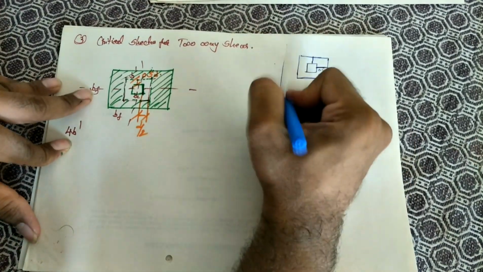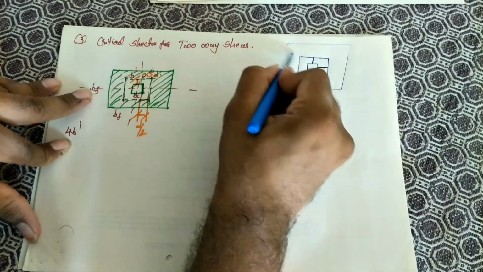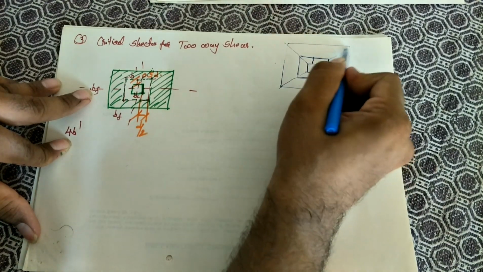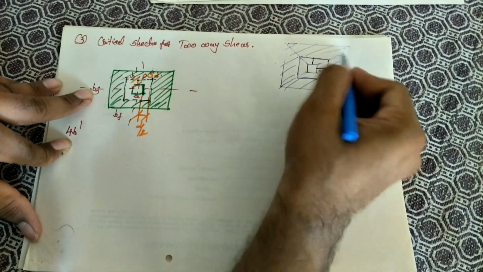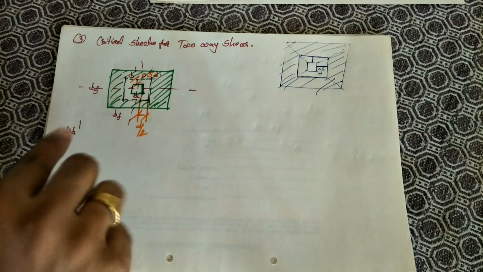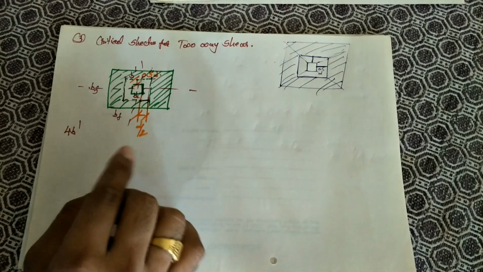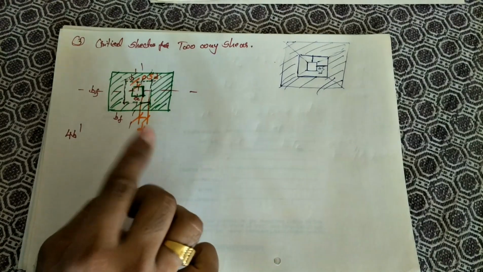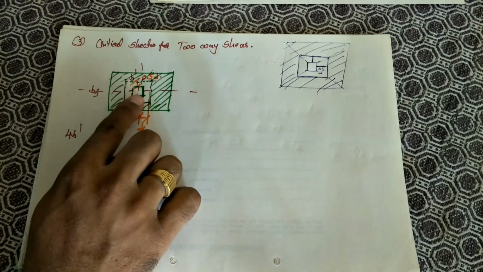So this is your critical section and this is your footing width, whatever your foundation is, sloped or pad footing. So this much is your critical section that we need to take into consideration. I repeat again, for two-way shear, the critical section is taken at a distance 0.5 d from the face of the column, where d is the effective depth of the footing. For a sloped footing, d is the effective depth of the footing at the column face, small d.